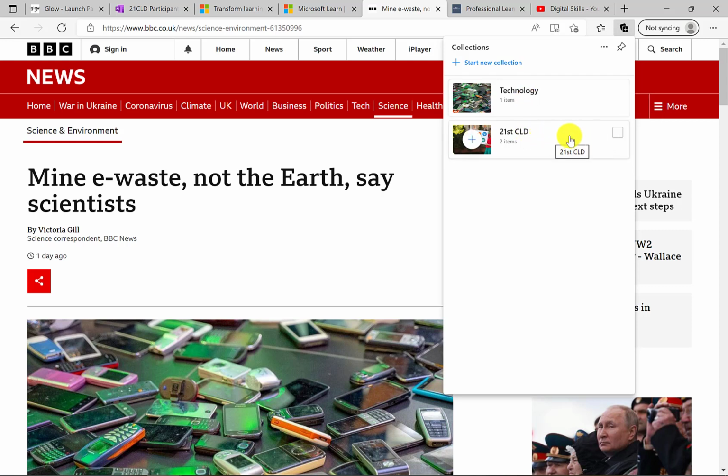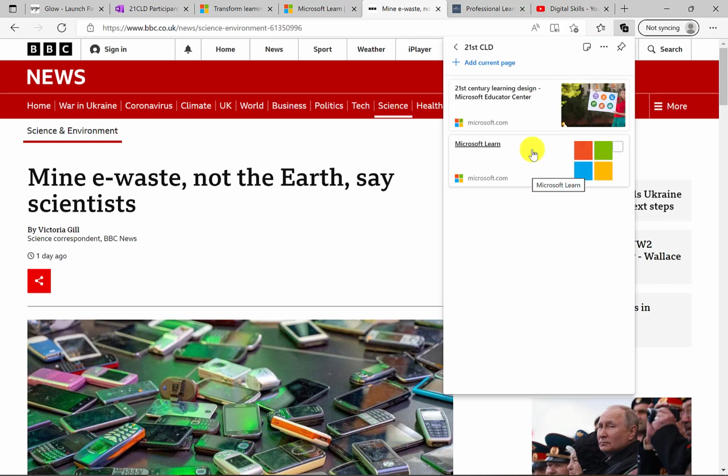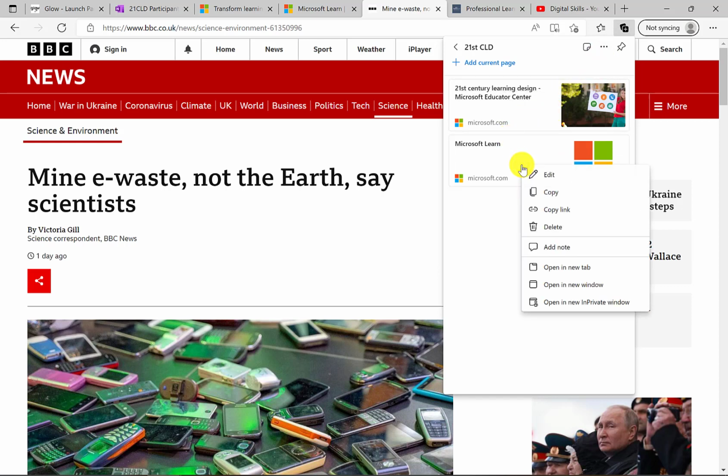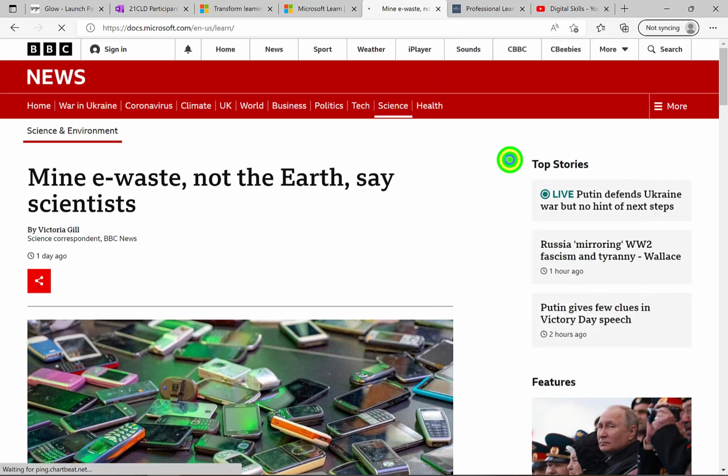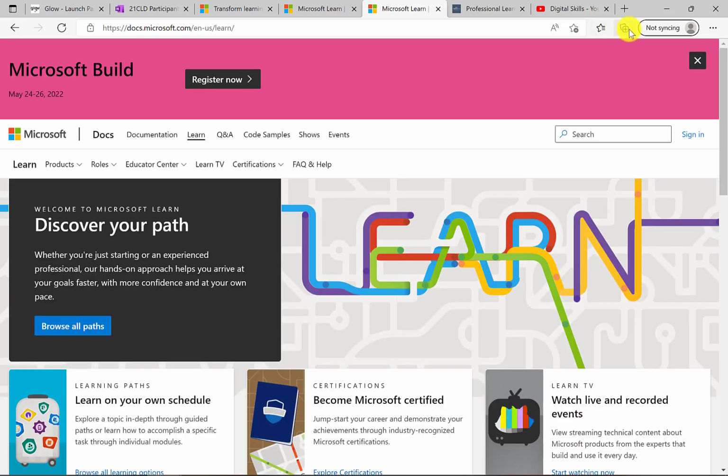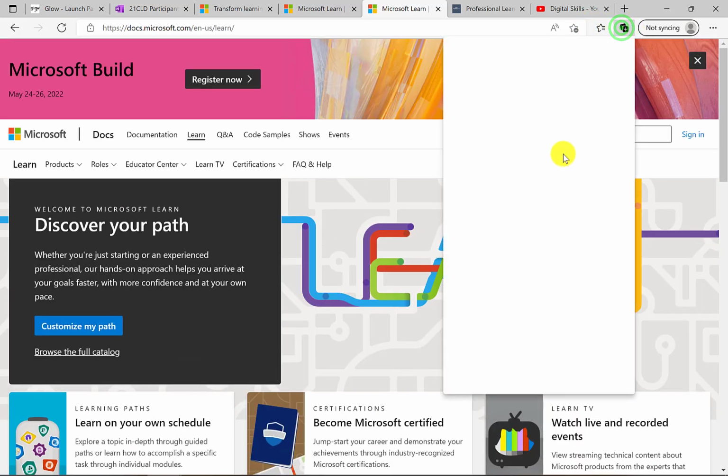However, if you then go back, you can do lots more. So the three dots up at the top allow you to edit, delete, etc. If you go into one, so here's one with a couple of links for 21st century CLD, I can right click over it, I can send a link to it, I can edit the file, I can open that again in a new window, but I can also add notes. So as I've gone through, I might want to go away and I might want to put some notes in. So if I click that, the page opens up. If I click in here,